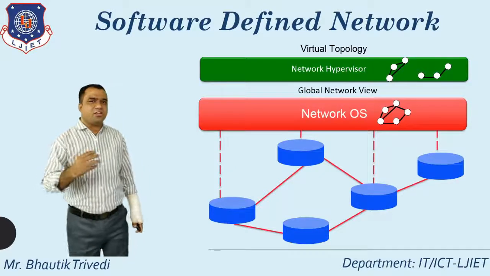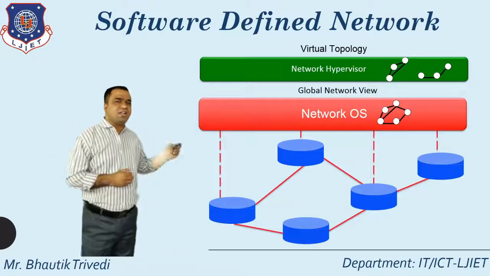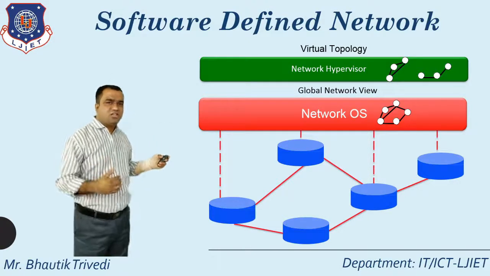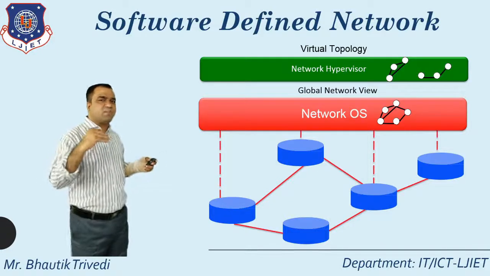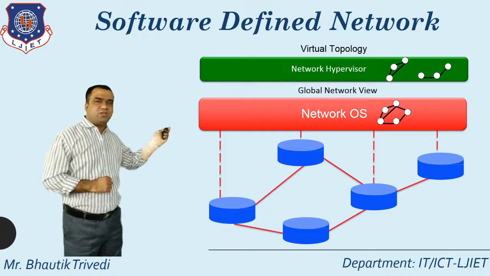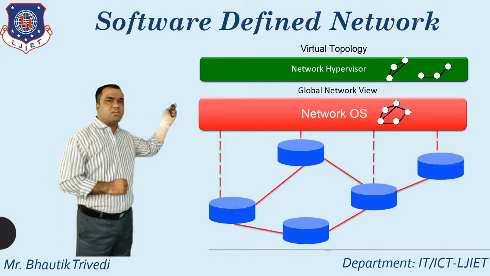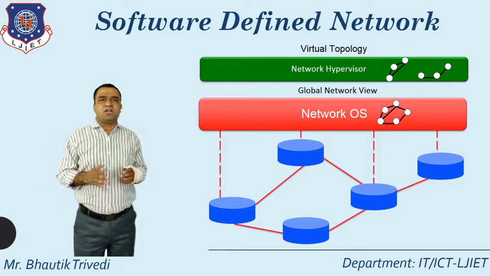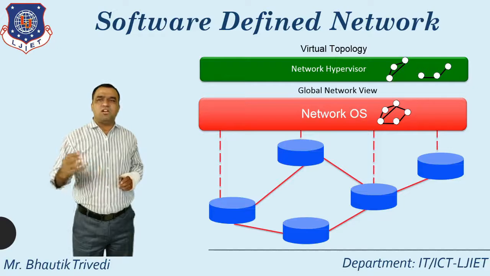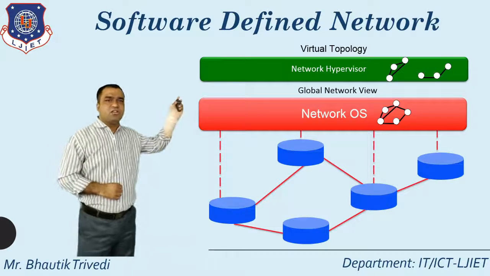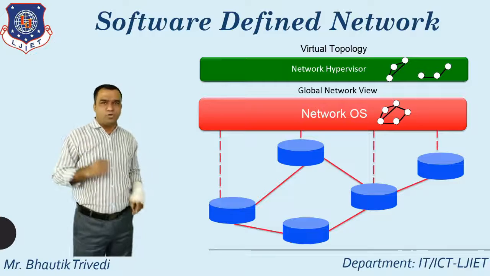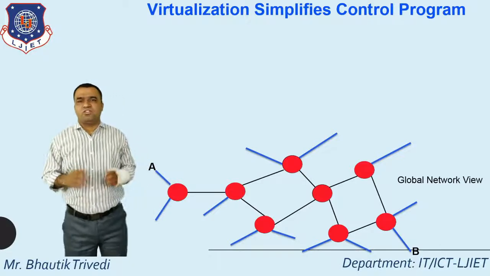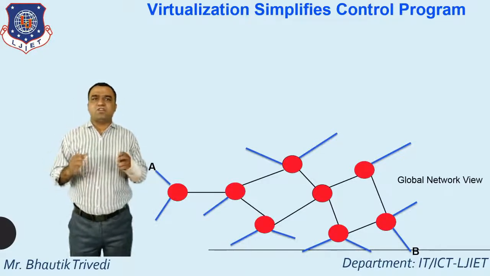After that, whatever the previous figure, I directly demonstrate this particular figure in a detailed manner. You see the diagram remains as it is, only changing step by step. So here you see the network OS is that, global network view is that, but here I put another concept, and the name of the concept is the network hypervisor. Already you know the name supervisor, but here I put the network hypervisor and virtual topology. So in this, the last point of this particular topic, that is virtualization.